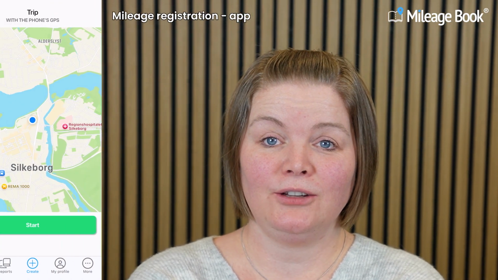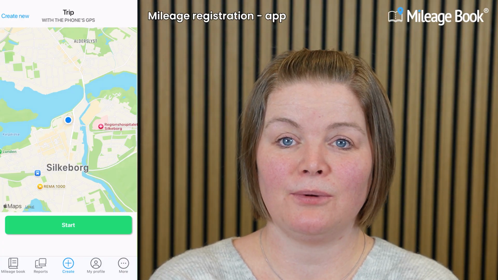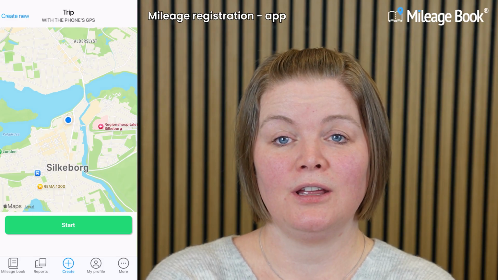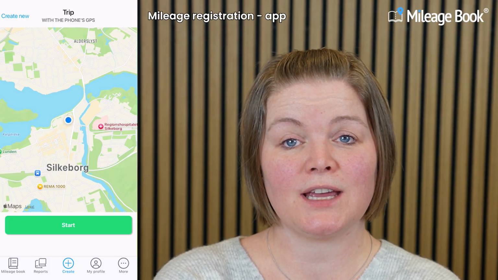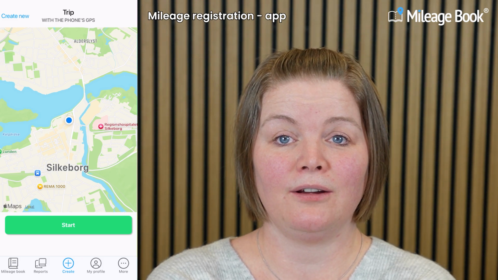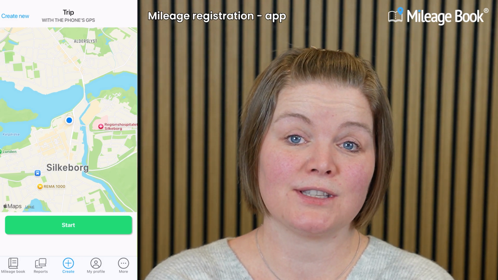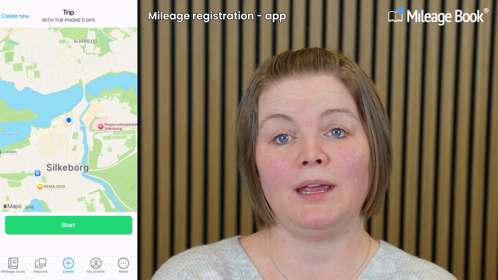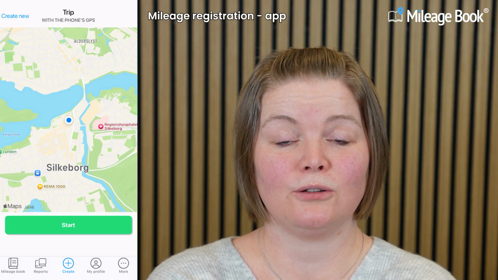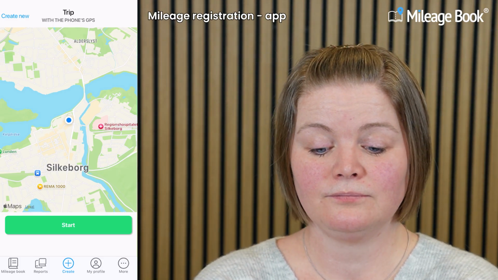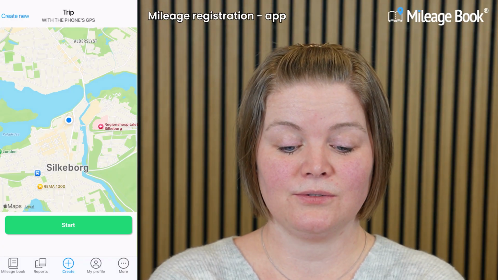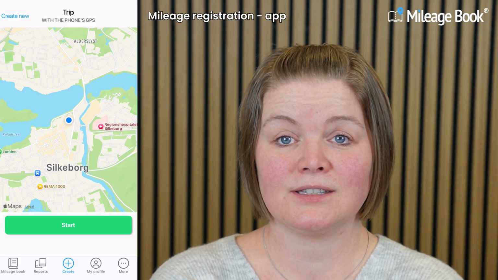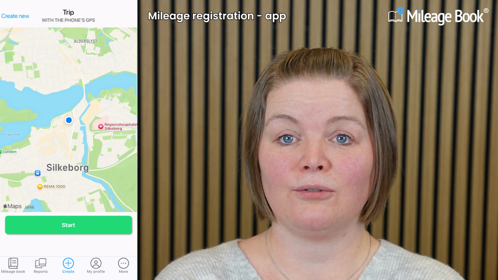And once you get in, you'll be able to see a map. You'll be able to see where you are. You'll probably also be prompted to give the app permission to know where your location is at all times. Also be aware that if you are on Android and you have battery saver mode, that may be something that influences the GPS locator tracker. But back to your app, you'll be able to register all your mileage and simply do that in three separate